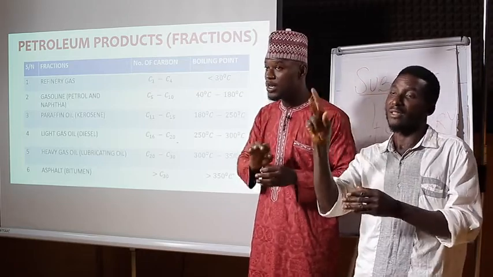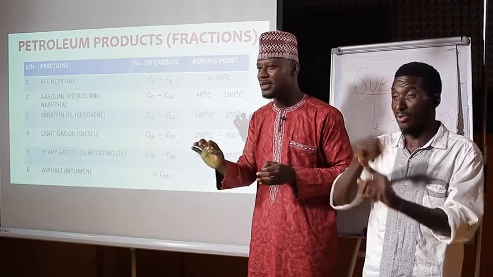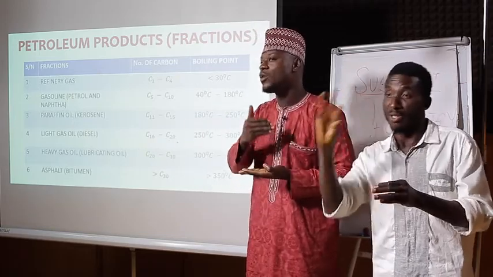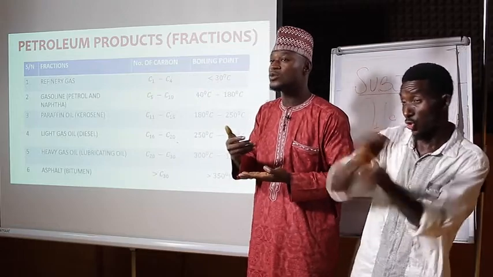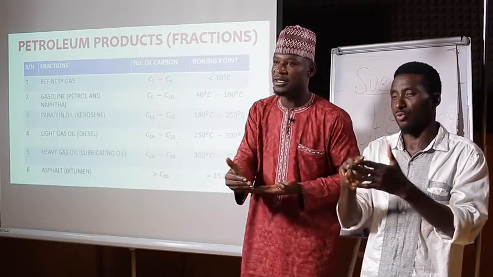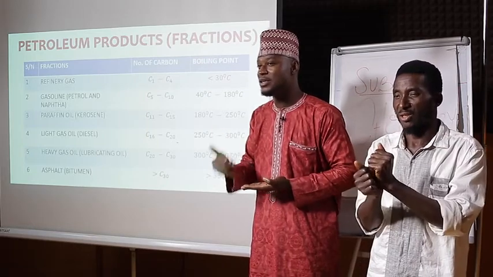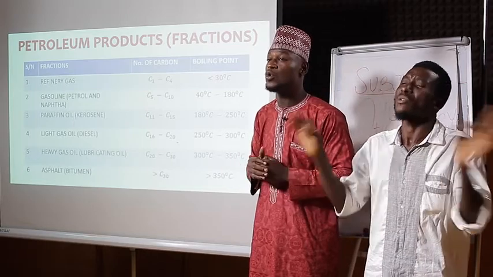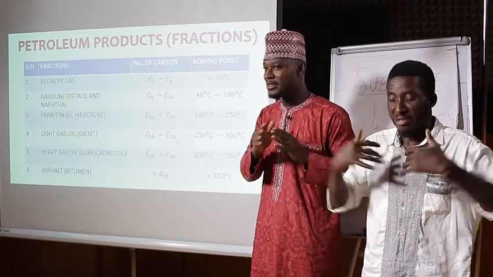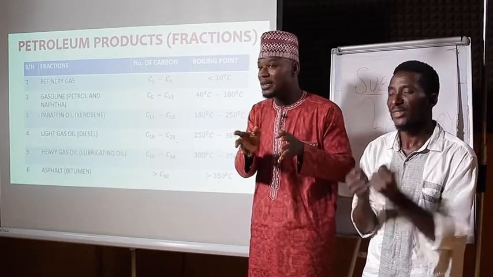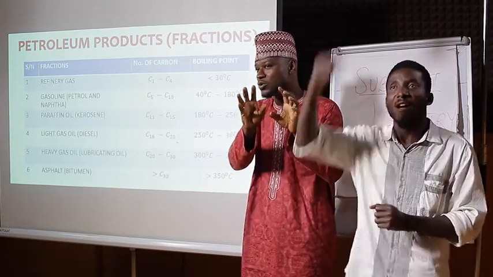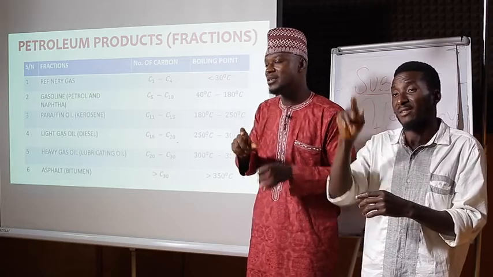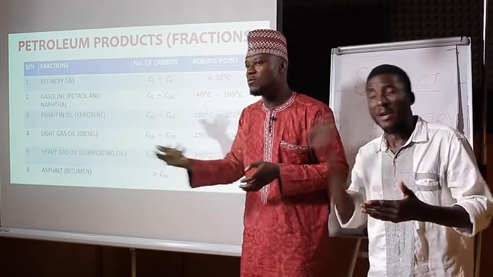Also in reforming, when the petrol does not burn smoothly, that means it has straight chain hydrocarbons, then what we do is we add chemicals, or what we call a catalyst, in order to reform it, to change it from straight chain into branch chain. The process of converting it into branch chain is called reforming. Reforming is very important because it prevents your engine from knocking. It is very important to know that in cracking generally, you are converting higher fractions of petroleum into lower fractions that are needed, like petrol. While in reforming, we are rearranging it to have a better quality of petrol.